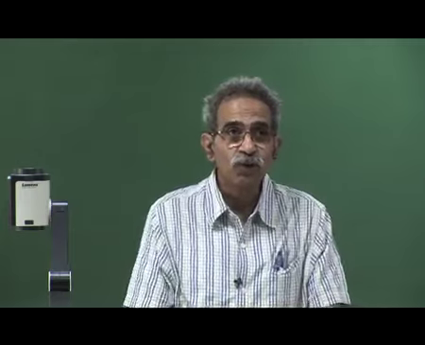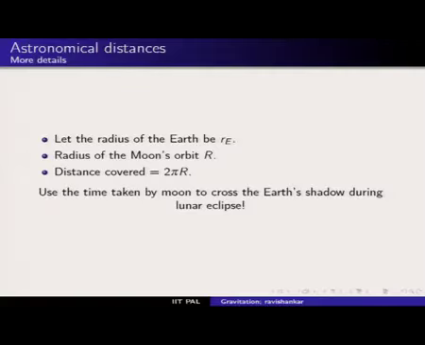So, what I will now do is to illustrate to you how the ratio of the distance between the Earth and the Moon and the radius of the Earth can be estimated by looking at lunar eclipse. This is one of the fascinating examples, and I think this example is due to Aristarchus, and let me illustrate that in an easy fashion. So, what we shall do